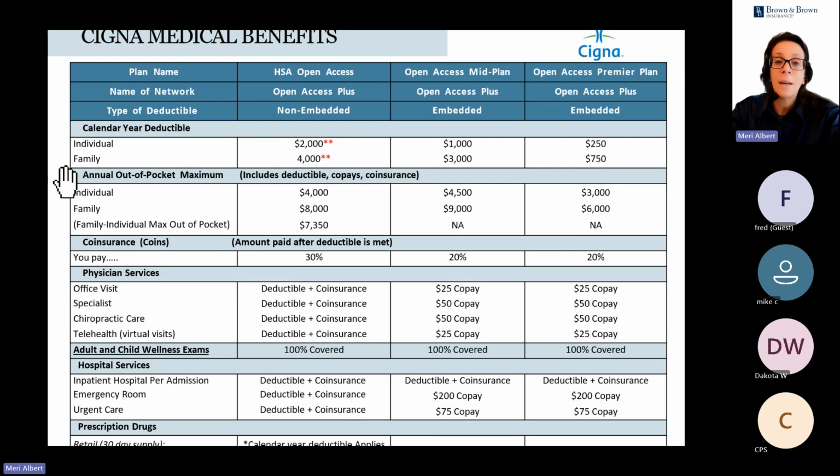if you're out of pocket that amount, a lot of money, but here's the good thing to know. If you hit that, health covered services thereafter when staying in network are covered at 100%. So no one wants to hit that, but the good thing to know is if you do, you have that coverage thereafter. And then of course you can see on this middle plan, let me explain the difference